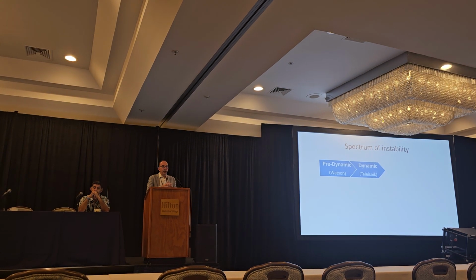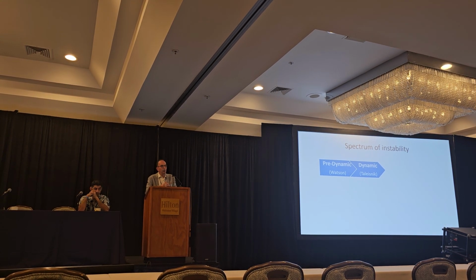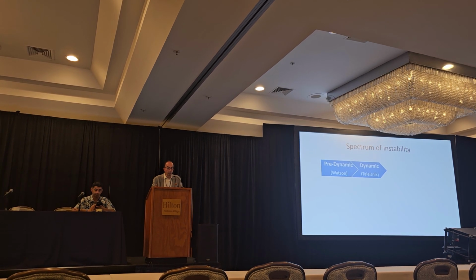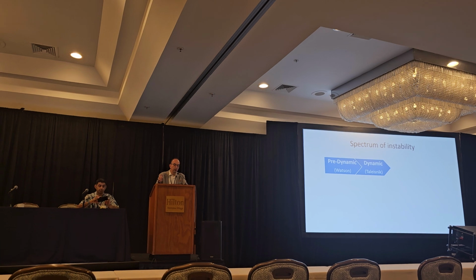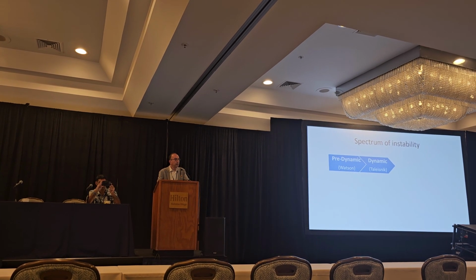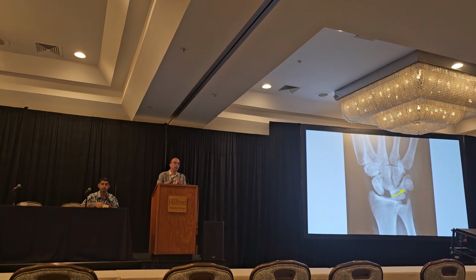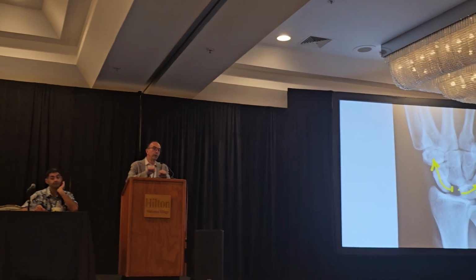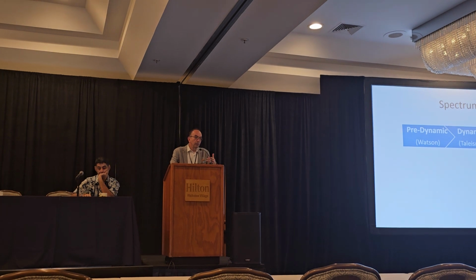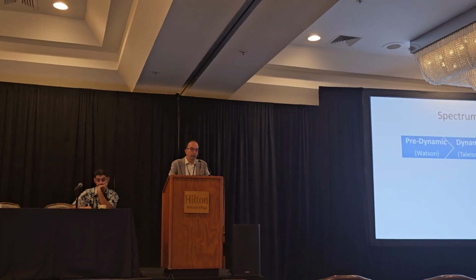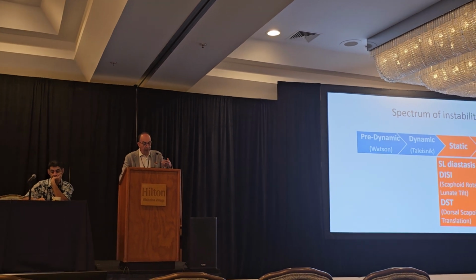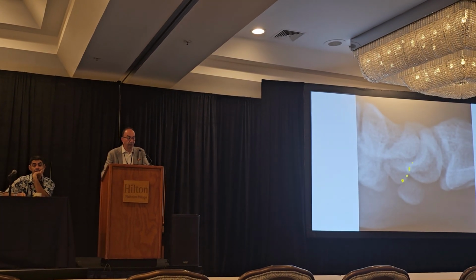All of the above are true when the scapholunate ligament is intact. When it is torn, there's a spectrum of instability, which starts with pre-dynamic and then progresses to dynamic. What's dynamic? In the frontal plane, the scaphoid and the lunate spread apart. But what really causes the long-term effects is the static instability, where in addition to diastasis, you have flexion of